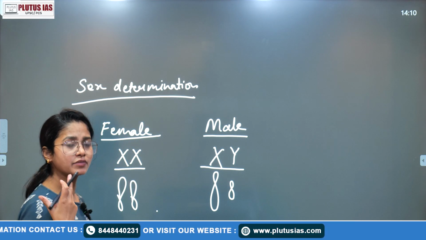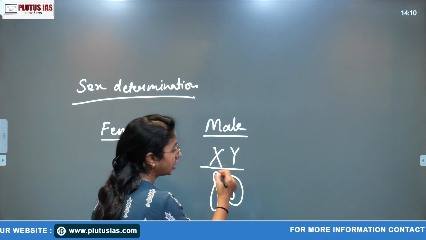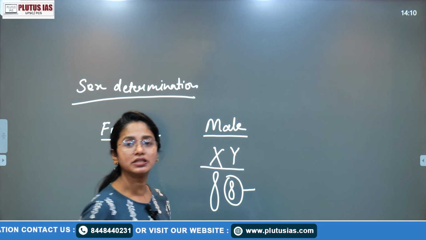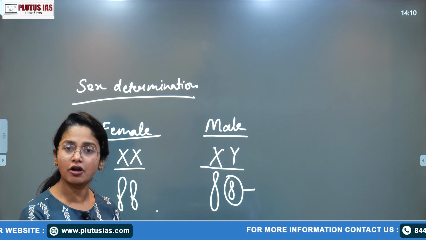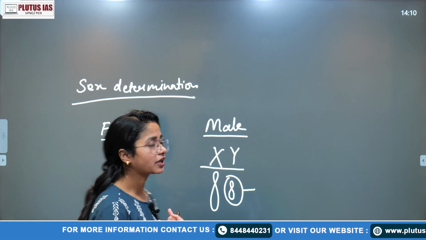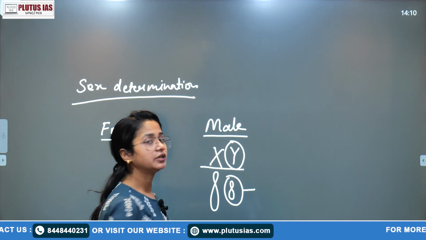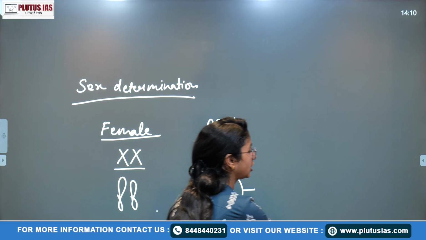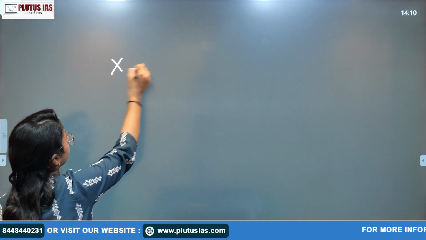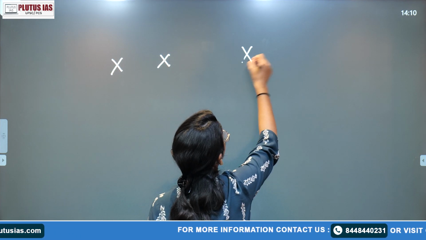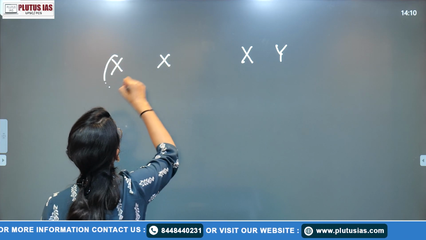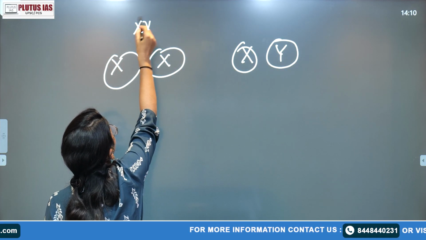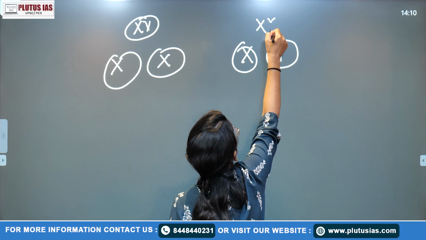So if this is a Y chromosome, in whichever offspring this chromosome reaches, of course the sex or gender of that offspring will be male. That means we can say that Y is the determination factor for a specific kind of sex. Such as XX and XY, these are the types of gametes in the female and in the male.